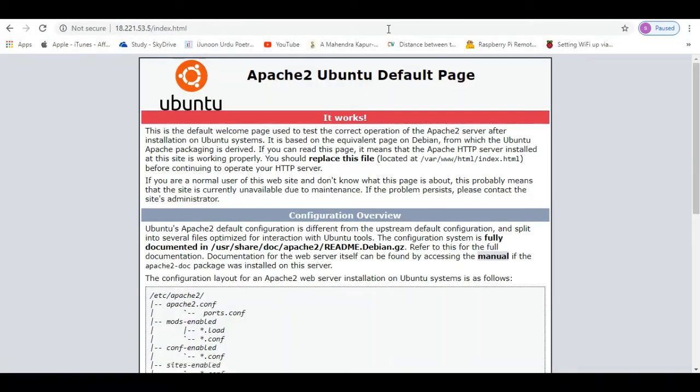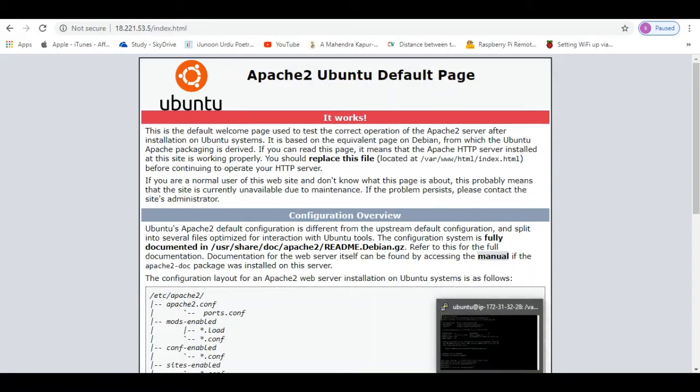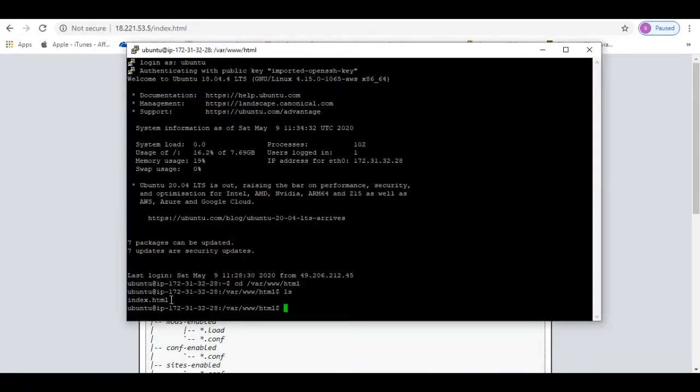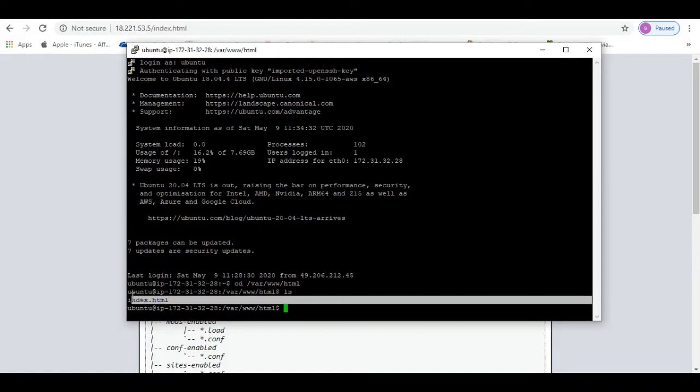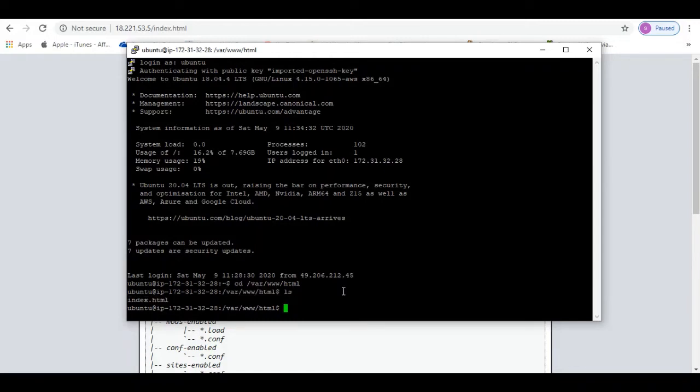Once I key in that IP address, you can see that a default web page is opening up here, which says Apache Ubuntu default page, and this page is coming from the code written in this file, that is index.html.